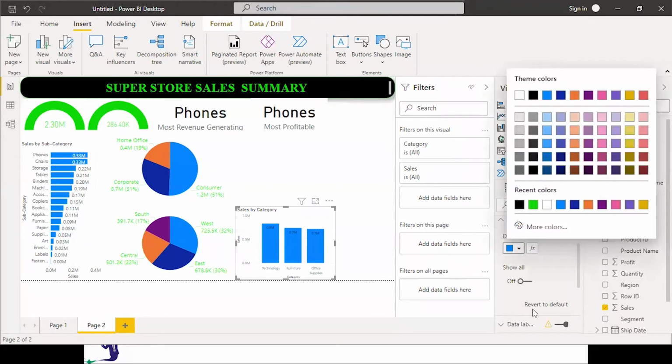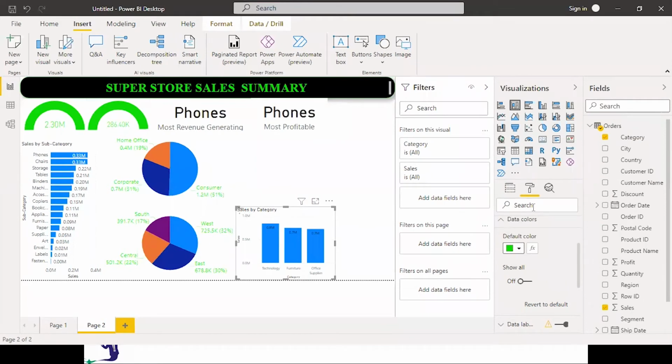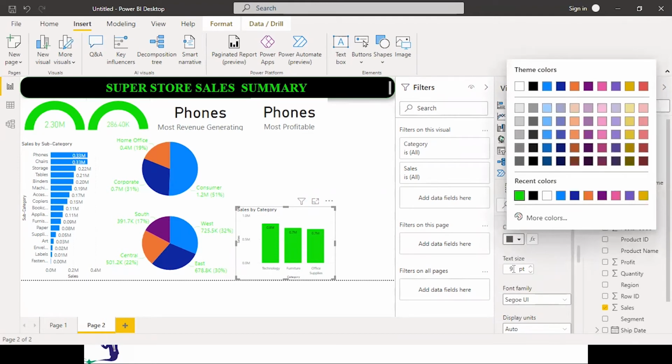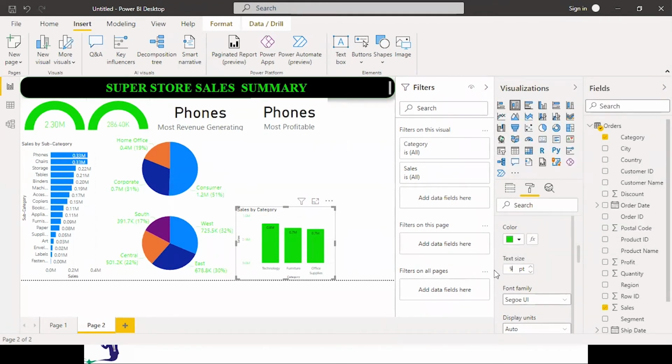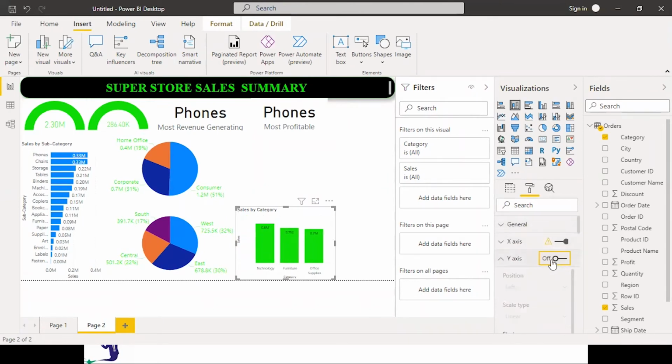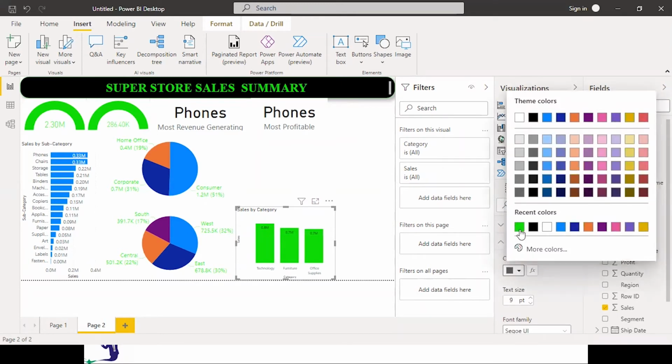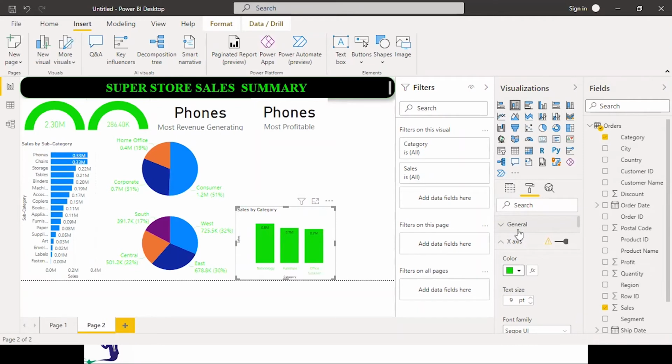We can change the data colors, right? And let us increase the size a bit. Let's take 10, or let's say we don't want the y-axis at all. We just need the x-axis, like this.